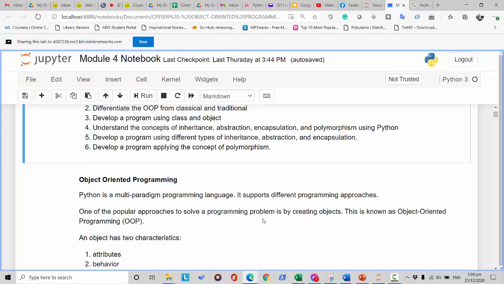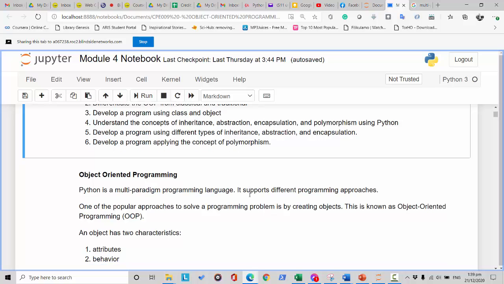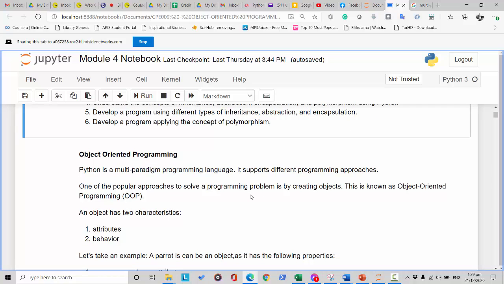create programs using graphical interfaces, and I will be discussing that when we return after the holiday break, and that is with module number 5. However, in this module number 4, I'll try my best to discuss all the topics related to object-oriented programming. So let's start. Okay, if you have some questions, you can use your microphone or you can just chat in our public chat,